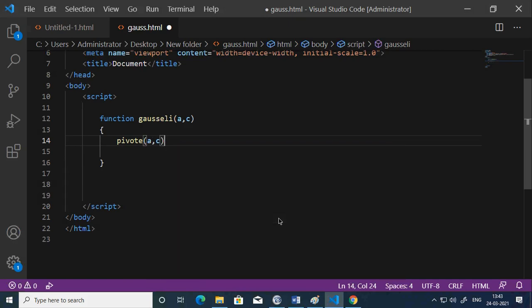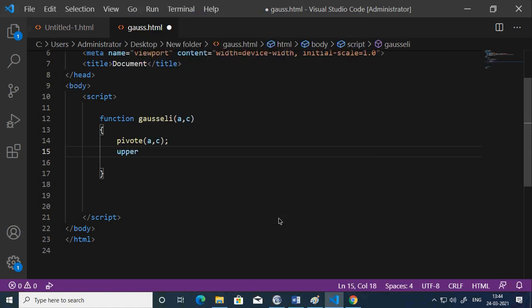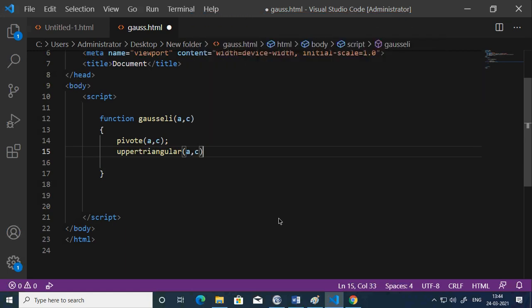So once the pivoting is done, I get the pivoted system. Okay, so I'm creating a function that I would like to have. Then I would like to have upper triangular. So I label this as upper tri. Upper triangular. And for that also I need A and C. Okay.